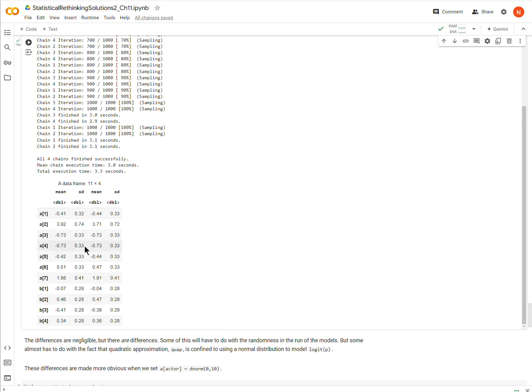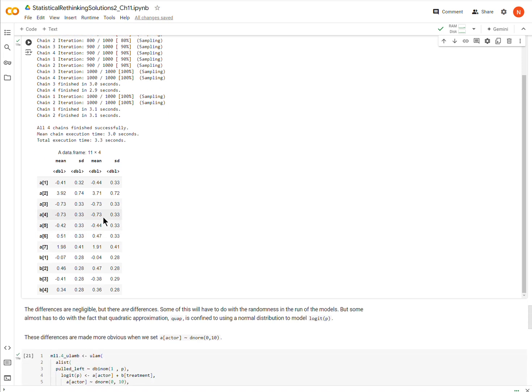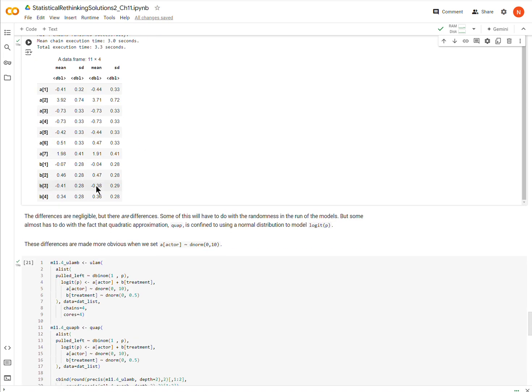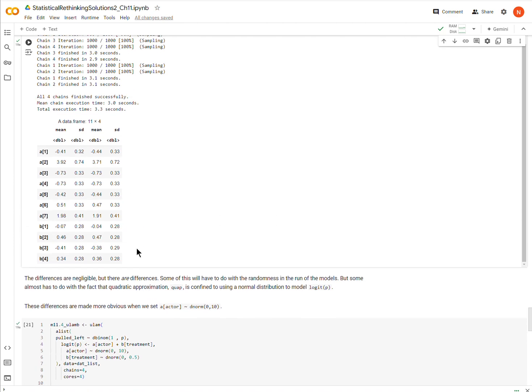But there's also going to be differences that are being caused by the fact that the quap has to use Gaussian distributions to approximate everything here, whereas ulam, the MCMC, does not. It's actually sampling from the posterior and not making an approximation based on normal distributions. So we can actually magnify any differences here